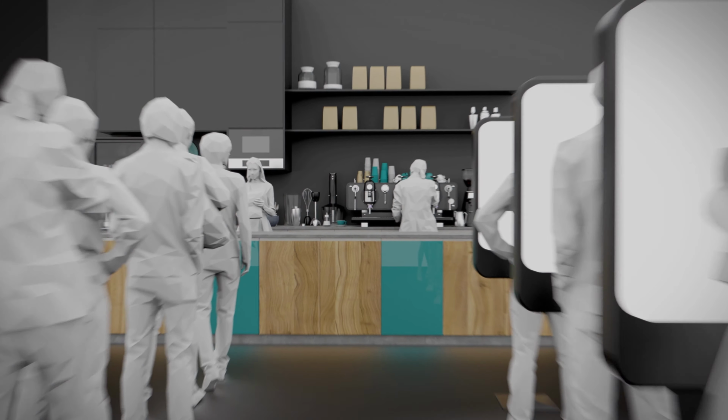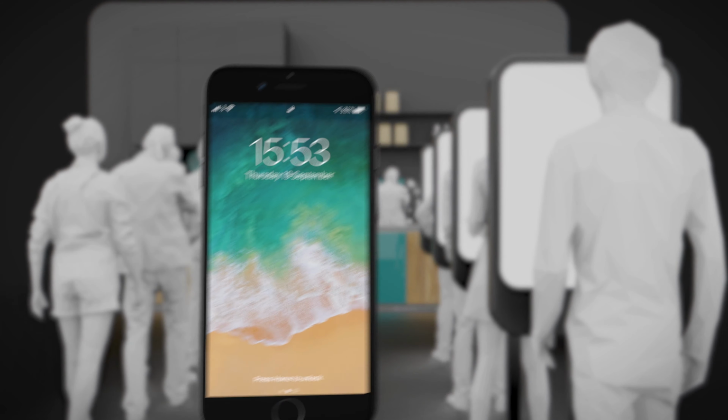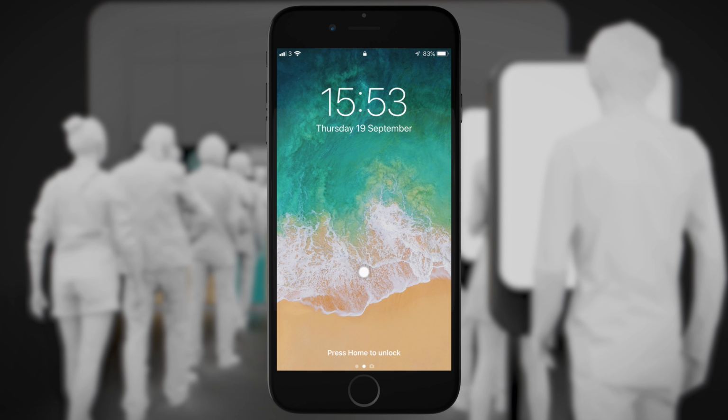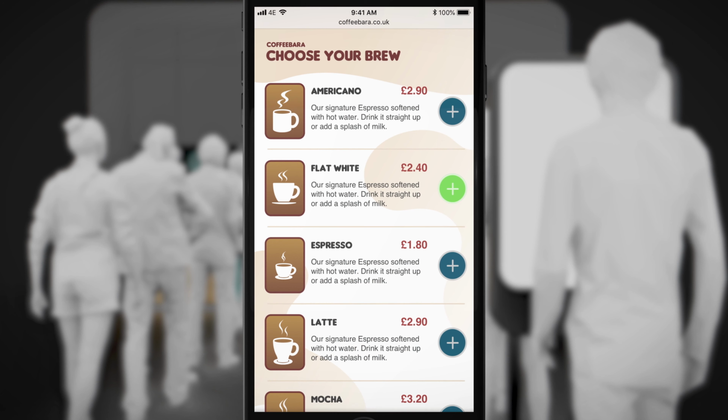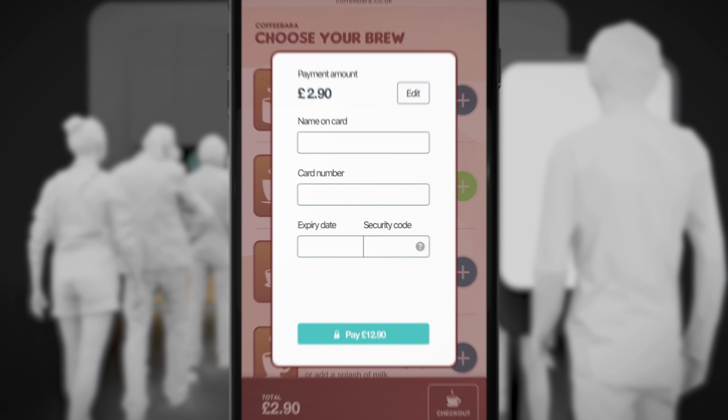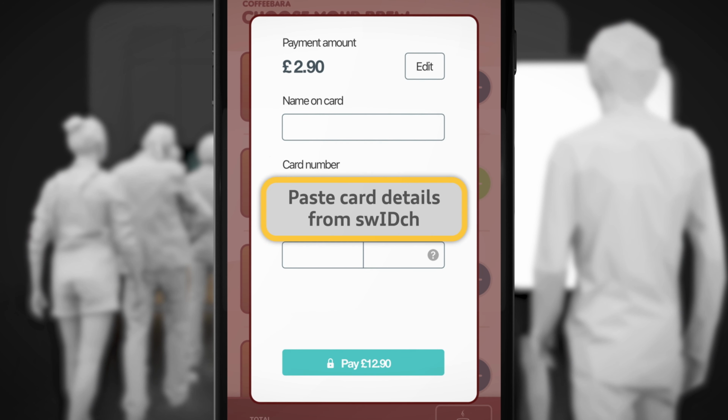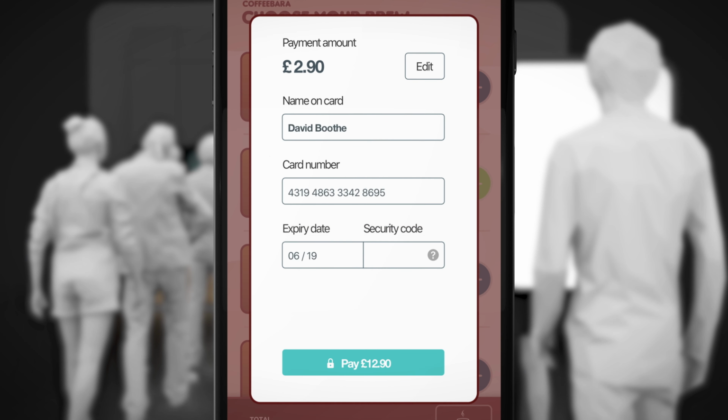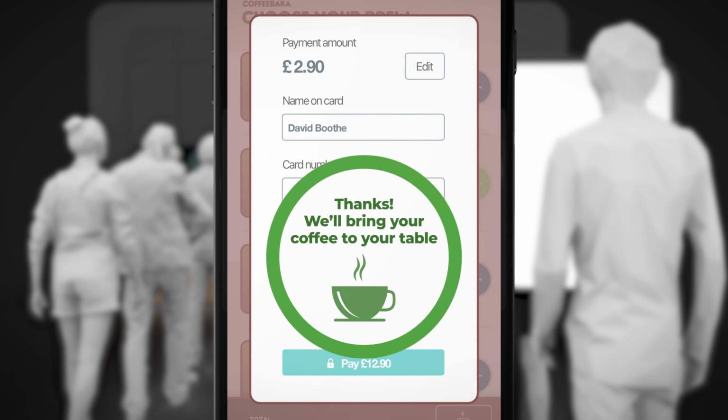For merchants operating busy restaurants, swIDch can replace expensive kiosk systems. Customers join a Wi-Fi network, choose their food from the menu, and copy and paste their virtual one-time card details into the checkout form. Instead of customers waiting in long lines, they can wait at their table while the kitchen